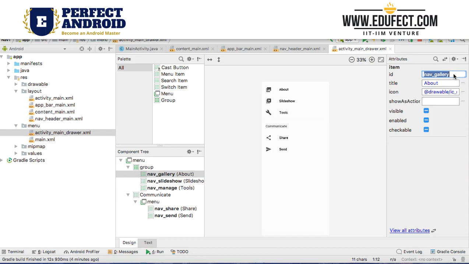So let me call the ID as here. So we will modify the ID in this case and say the ID will be nav underscore about. So the next thing we will do here is on slideshow, we will call it contact. So on slideshow, we wanted to make that change. So on slideshow, we make it contact,